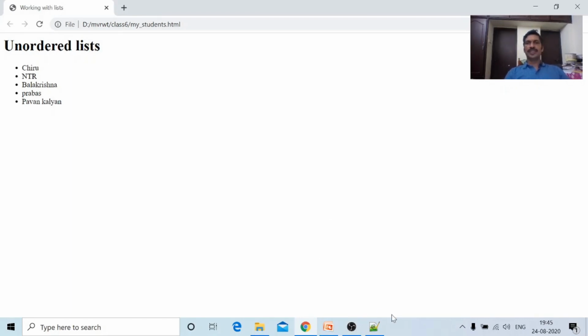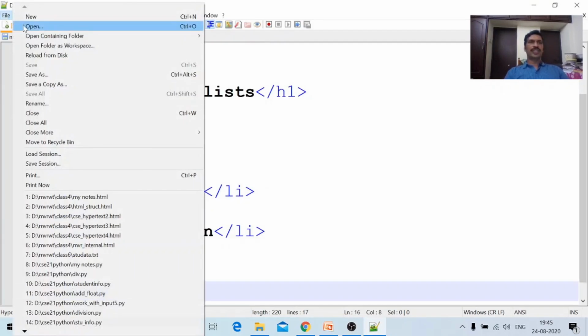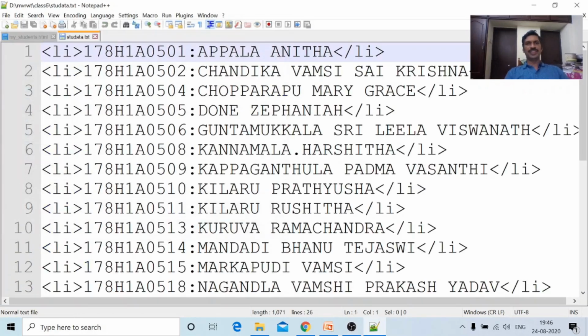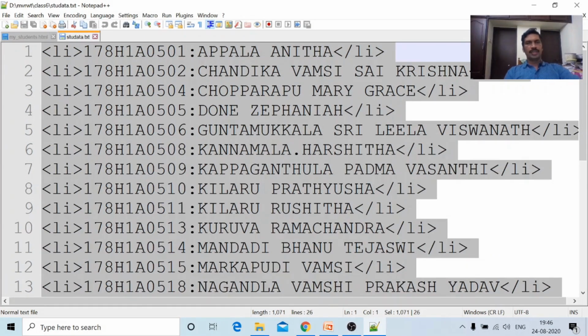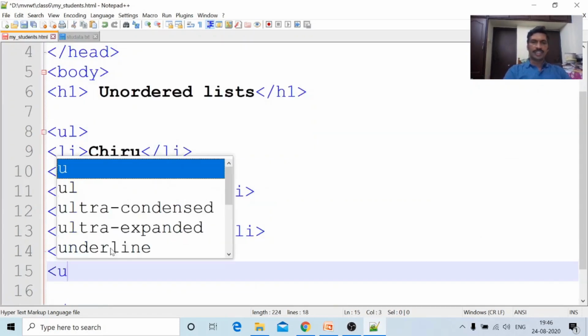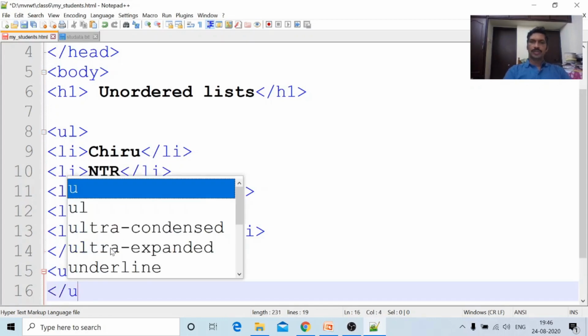The same program I am now writing for your names also. File, open, in this folder only, student data. All of your names are there. Control A, Control C. In this page I am writing the unordered list, UL and slash UL.